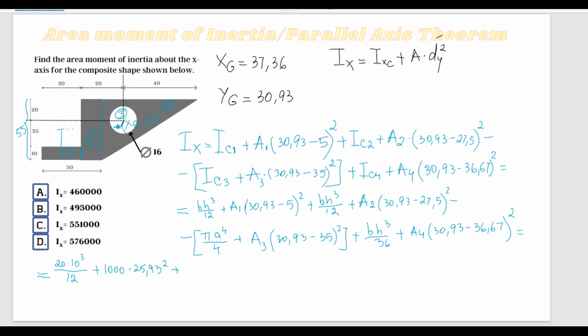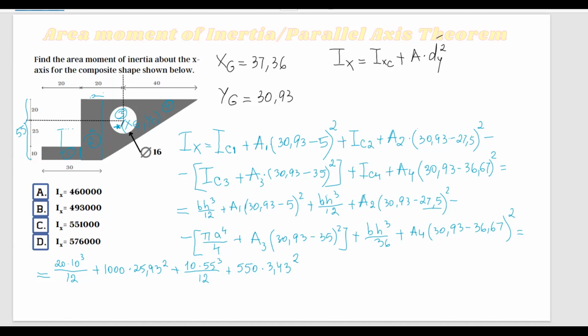BH cubed over 12. Now we are talking about this shape number 2, and B for this shape is 10. So I have 10 multiplied by H, which is 55, cubed over 12, plus area number 2 is going to be 55 multiplied by 10, so it's 550. And then this distance, let's see, is 30.93 minus 27.5, so we get 3.43 squared minus,